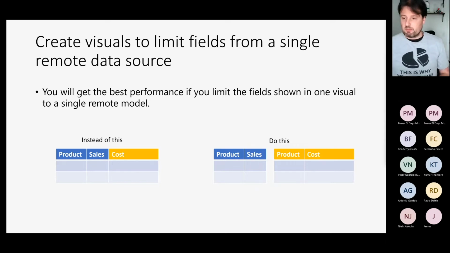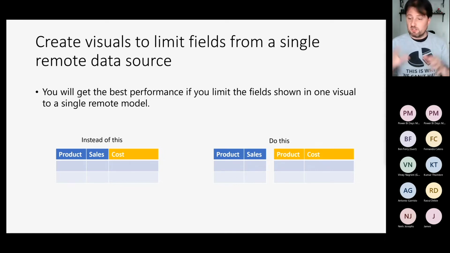And yes, I know it's not best practice. And yes, I know it uses screen estate that you'd rather be using for something else. But maybe it's better to just create two visuals that give you exactly the same information, but each visual is separate to its source group. So the left visual is only from one source group, the right visual is only from the other source group. They show exactly the same information.